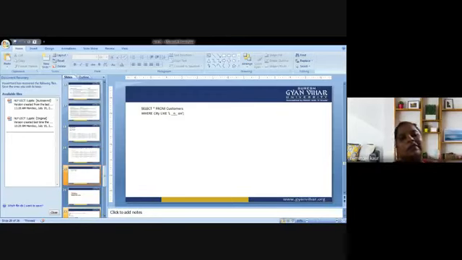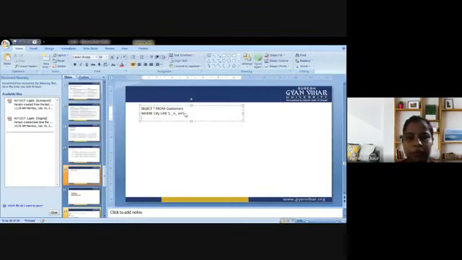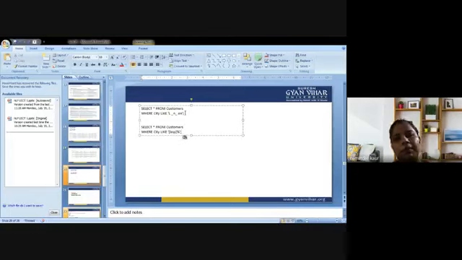Next is char list. The following SQL statement selects all customers with a city starting with B, S or P. So have a look at the same. It is very easy to interpret the query B, S or P because we have already gone through the interpretation for the square bracket. It could be B, it could be S, it could be related to the B character. So how are we supposed to proceed with the same?